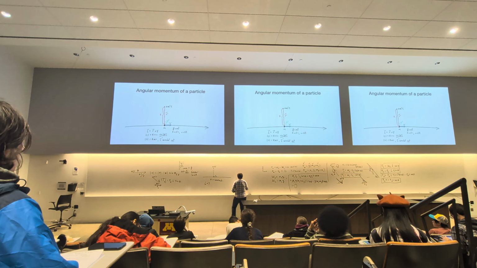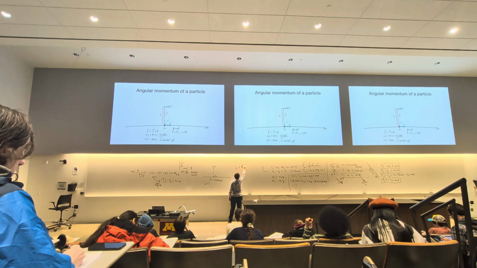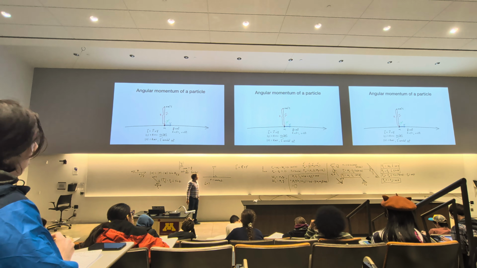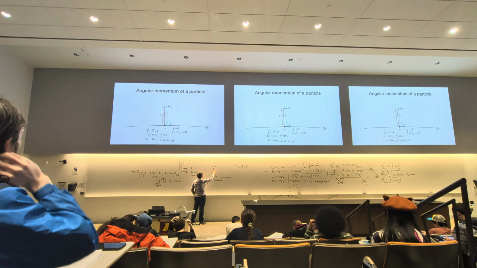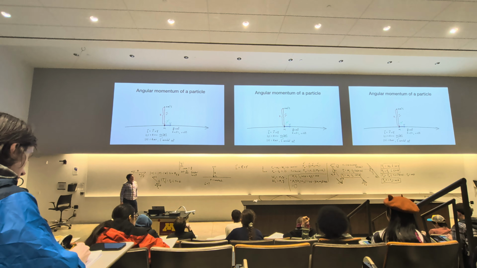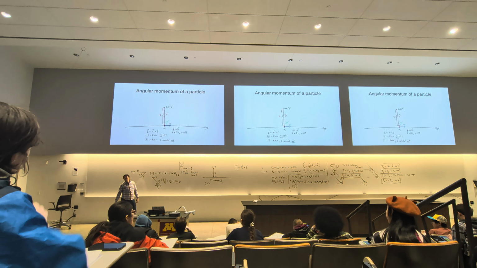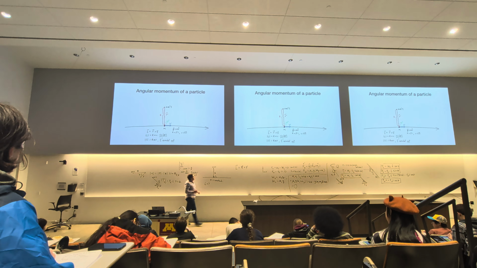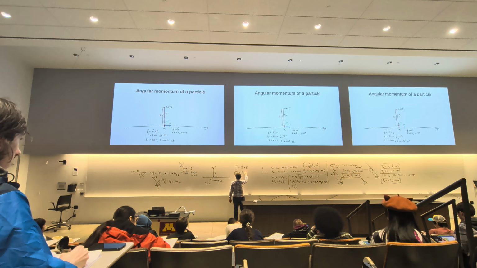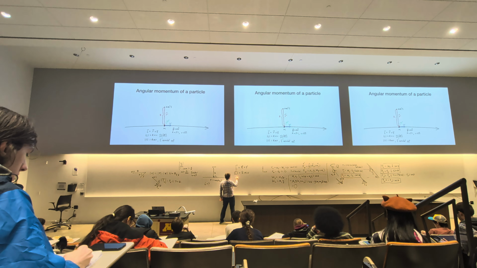Okay, well, let's set it up. So the angular momentum, L, is R cross P as a vector. So what is R? R is this thing. It's a vector that points from the axis to the point you're talking about. And P is just MV. So, in magnitude, this is R M V. And the direction of L,